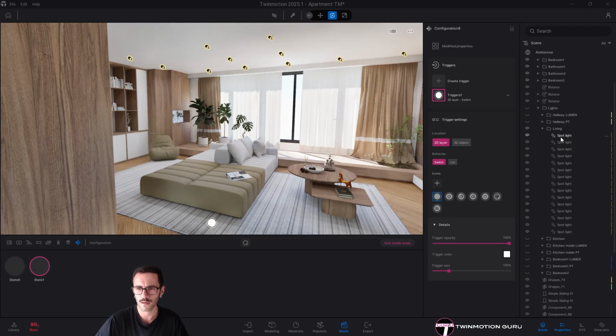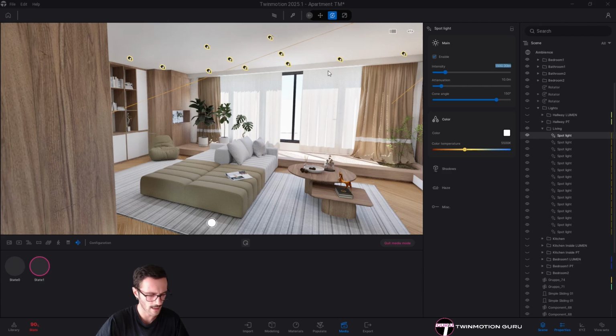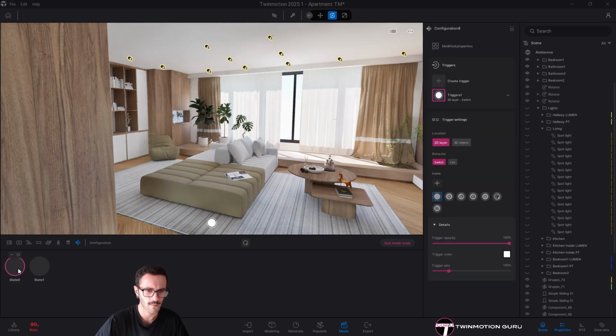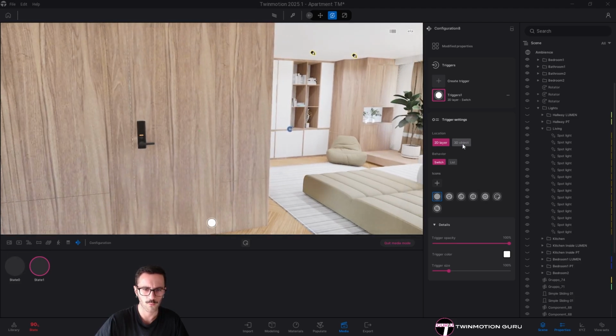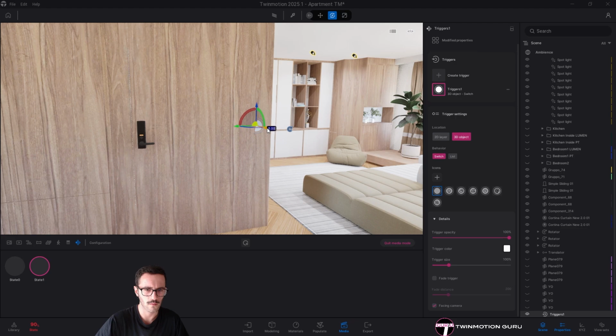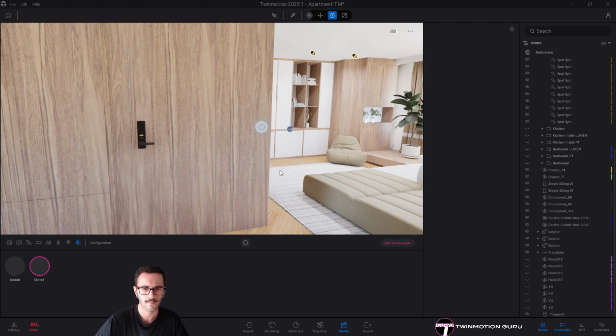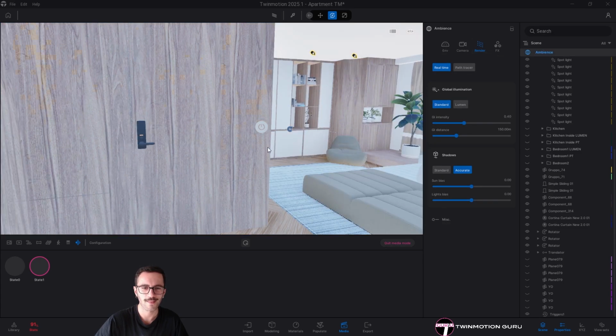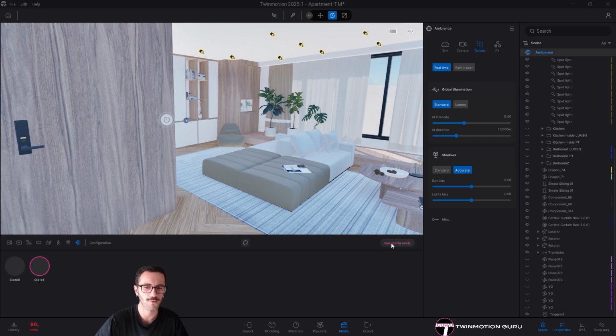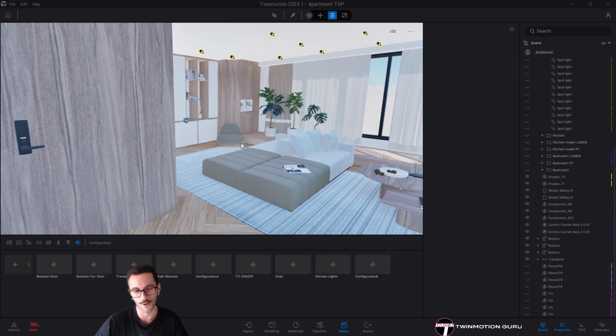Maybe with this one I want the lights to be a little bit higher. Yeah. So this one and this one, this one and this one. And again, I'm creating a 3D object, placing it maybe here with this icon. And from now on, we will also have the configuration to turn our light on or off.